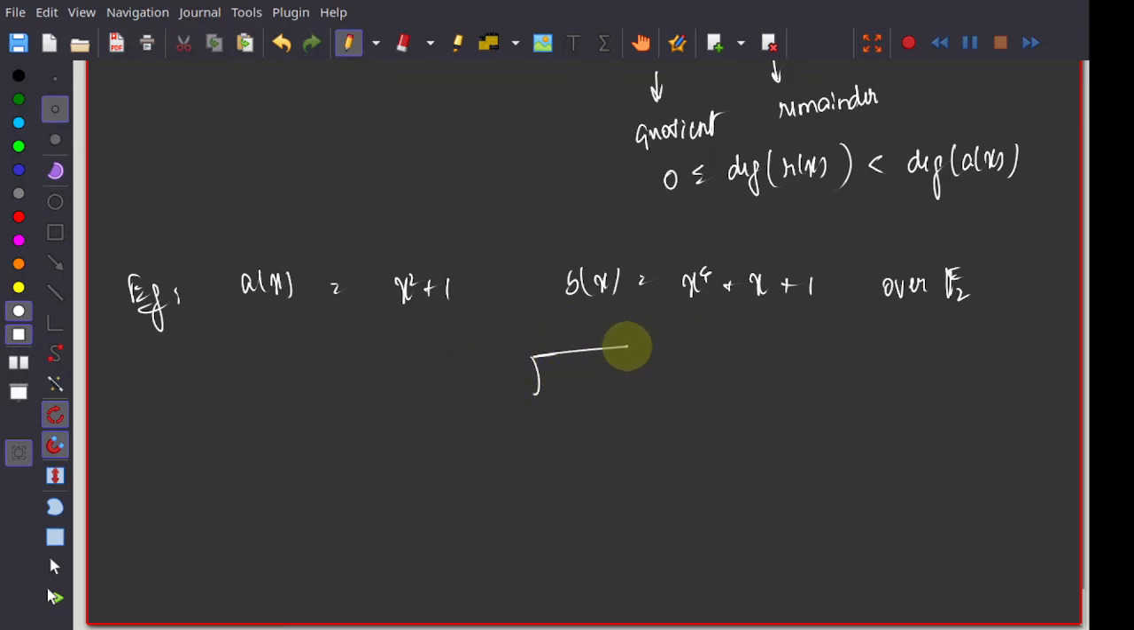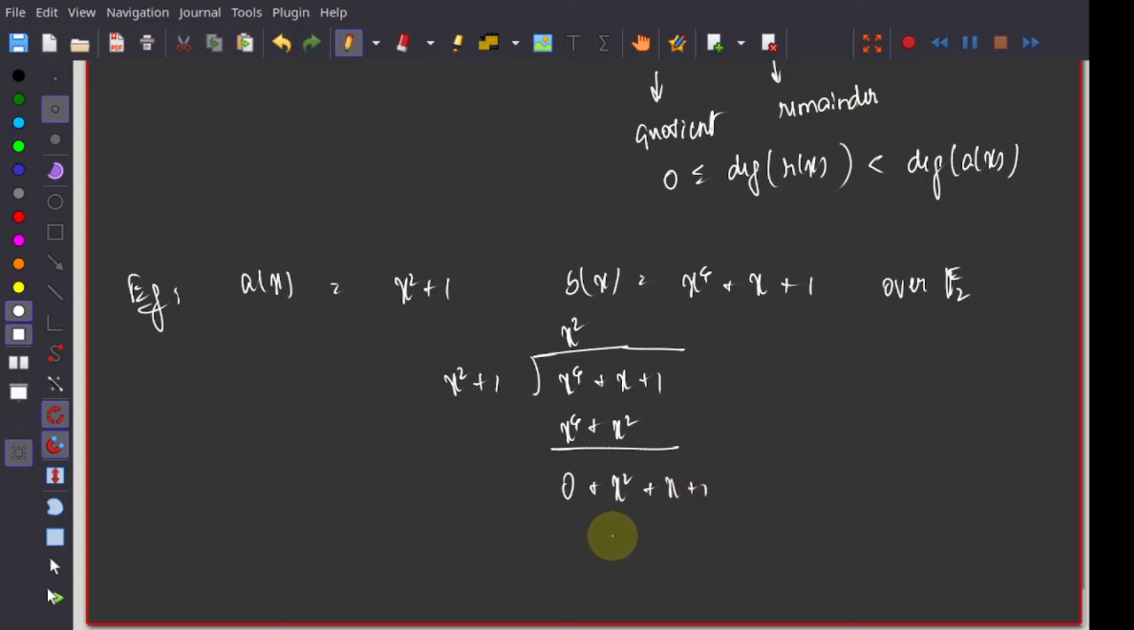So if you remember the long division method, x to the 4 plus x plus 1, I'm dividing by x square plus 1. So what would I first multiply it by? I multiply it by x square. So at every step I want to decrease the degree by at least 1. So multiply by x square, I'll get x to the 4 plus x square. I subtract this out, so it is 0 plus x square. It's minus x square, but minus x square is the same as x square,